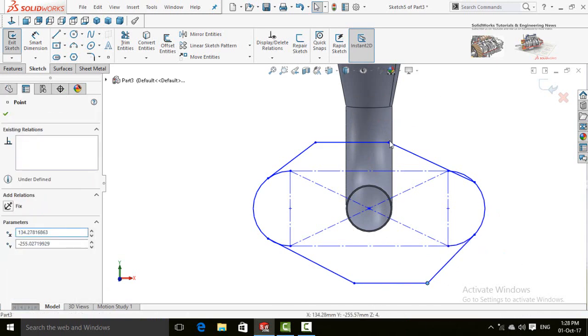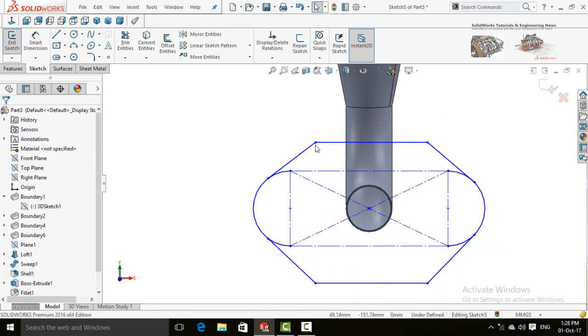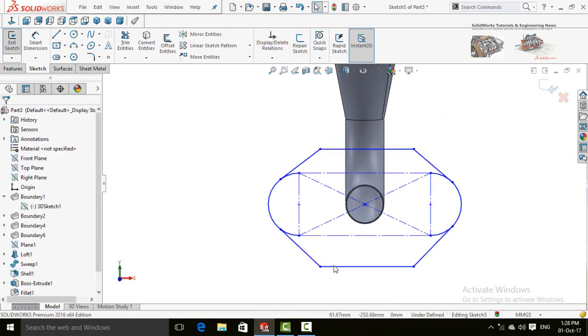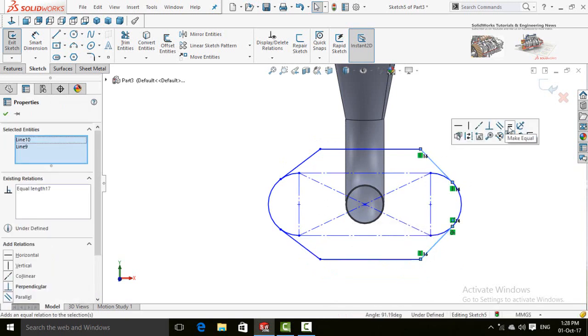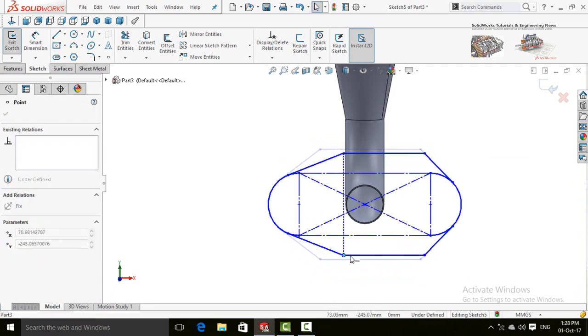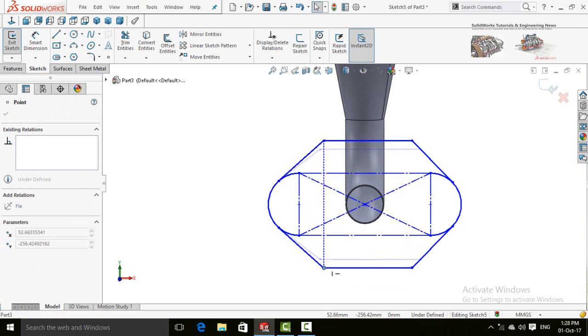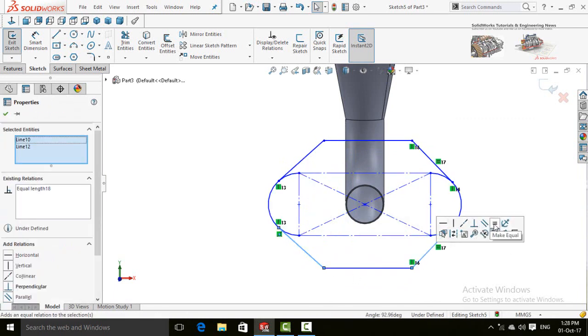Select both of these points and make them vertical. Select both of these lines and make them equal. This time select both of these lines and make them equal.